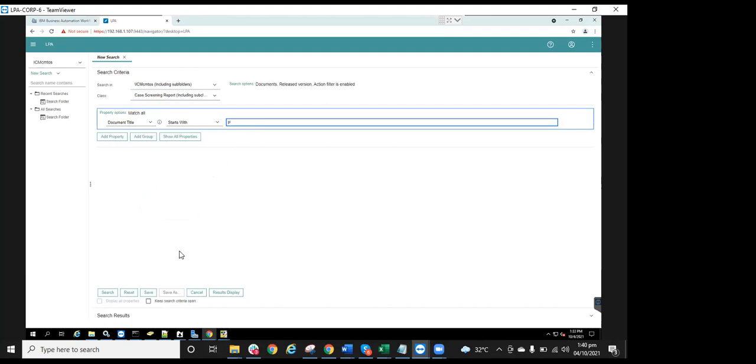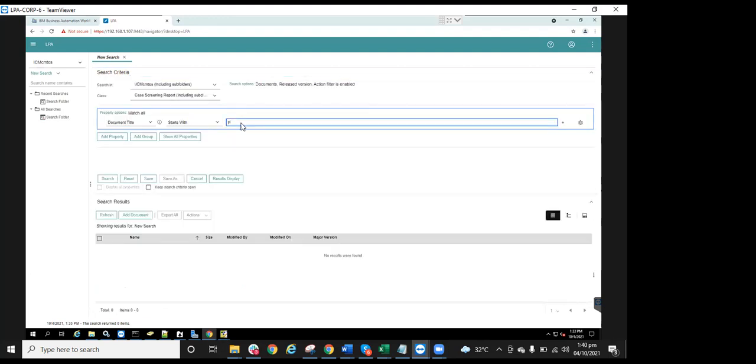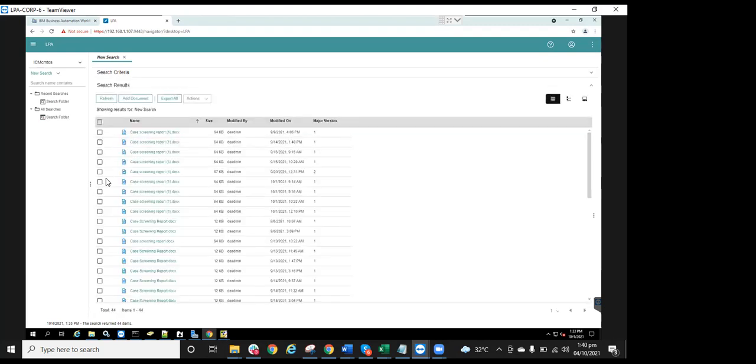Once you're satisfied with your criteria, you can proceed to search. But there were no case screening reports added that started with P. So if I change that and say C, I can search again, and you will see that